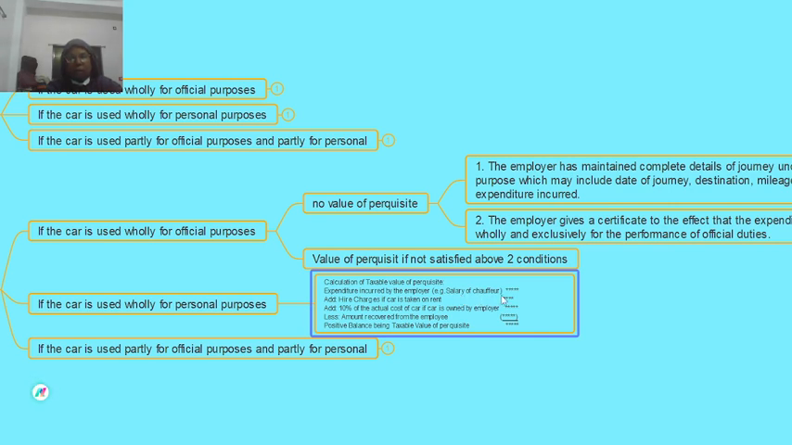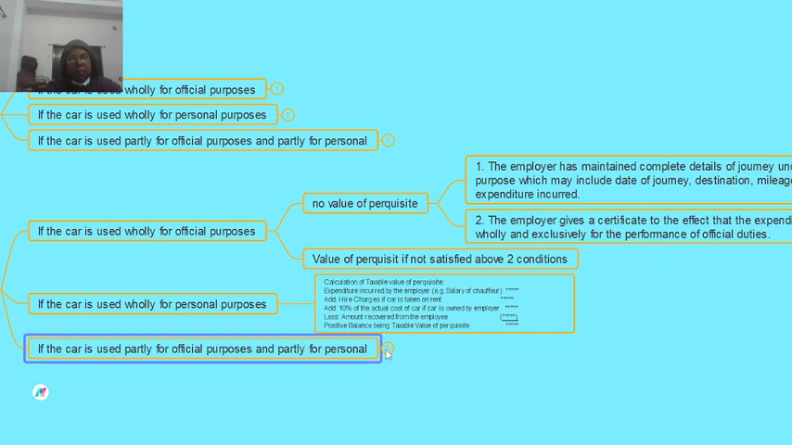of the chauffeur, that is the salary of the driver, and hire charges if the car is taken on rent, or 10% of the actual cost of the car if the car is owned by the employer, less the amount recovered from the employee. Then the positive balance will be taken as the taxable value of the perquisite. Now, if the car is used partly for official purposes and partly for personal purposes, then in that case,